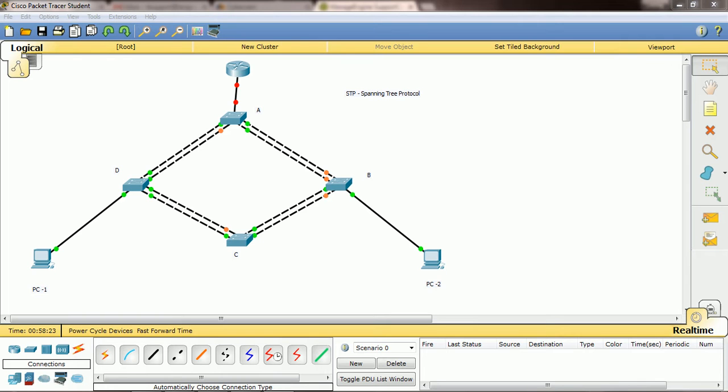Here I drew one basic diagram, where I took two end machines and four switches, and each switch has two cable connectivities to the others, totally four ways to get that traffic, right? So see here, I connected two cables from this switch to this, to this, like that, right? And see, some of the ports are in down state. What does that mean?